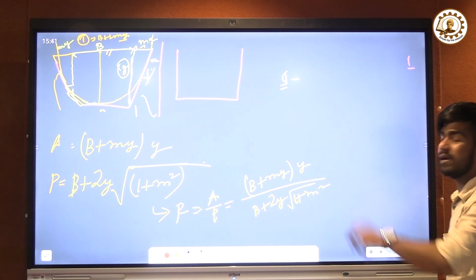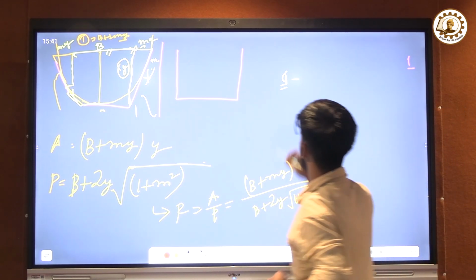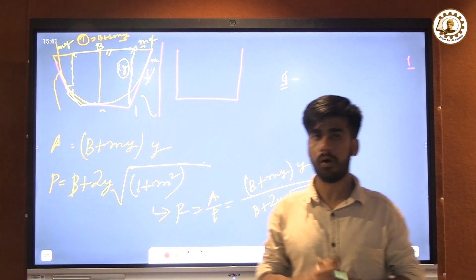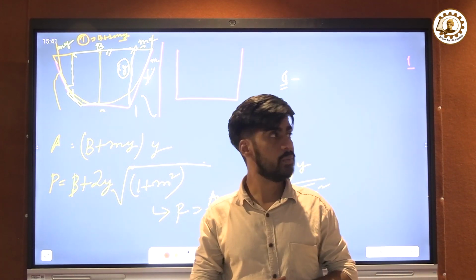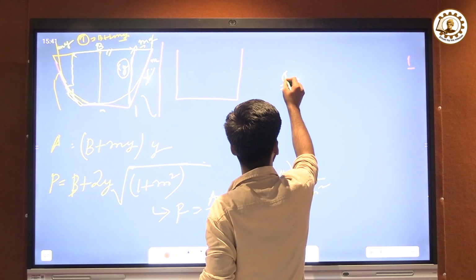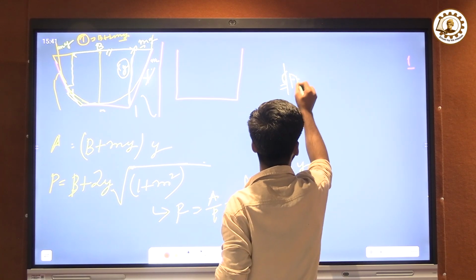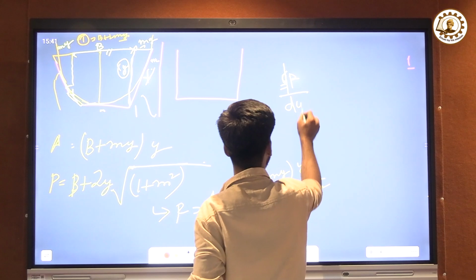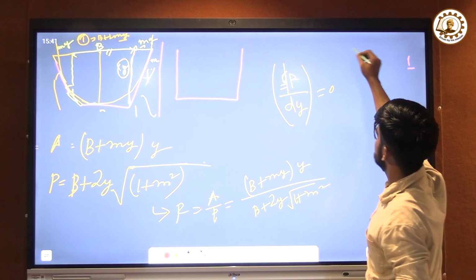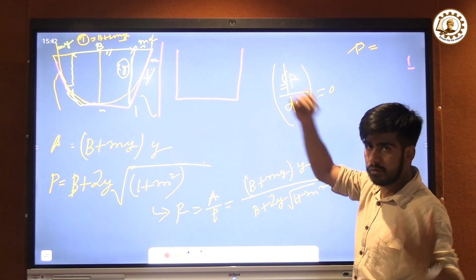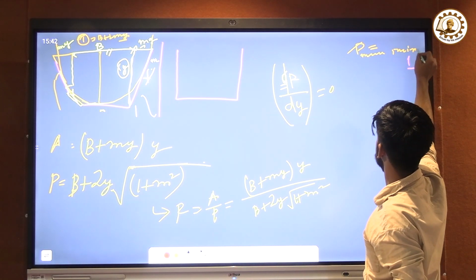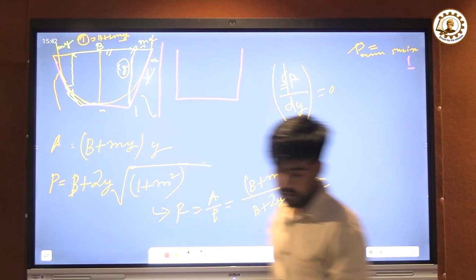Now in the mathematical or physical case, when the most efficient channel occurs, the perimeter will be minimum for a given discharge. If the perimeter is minimum, then we can write dP by dy equal to 0. In order to solve it, we find the maxima or the minima of the perimeter. Now dP by dy, if we do that,